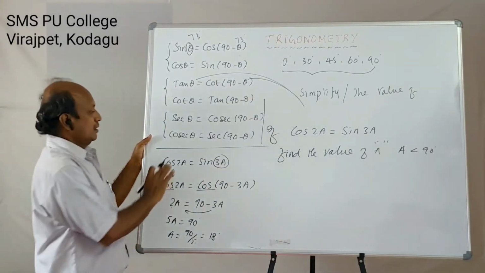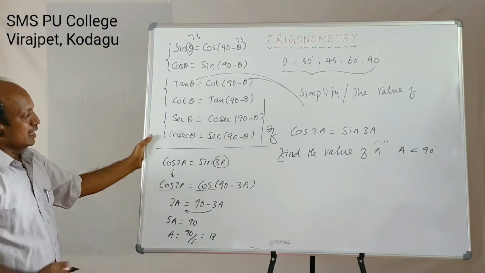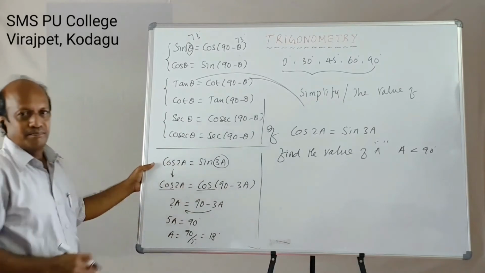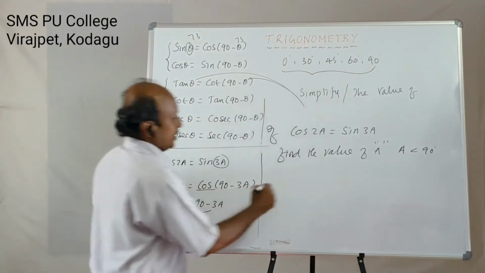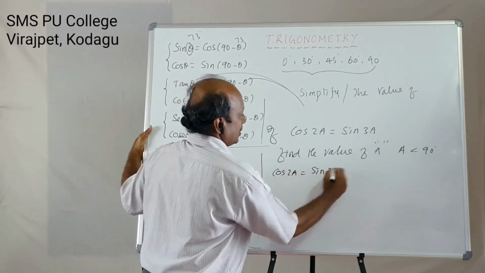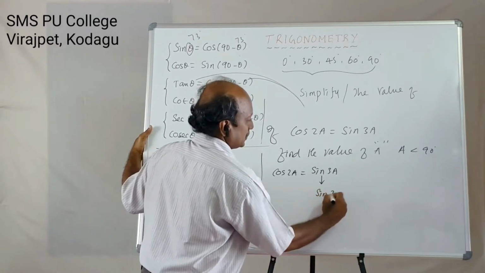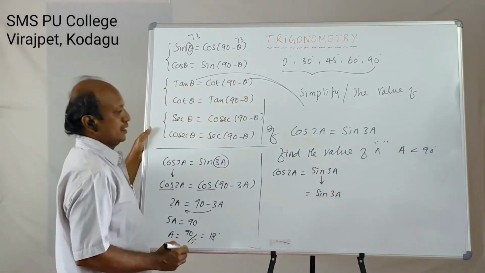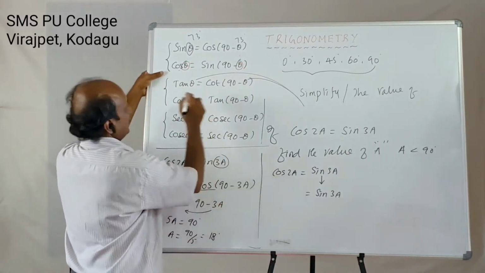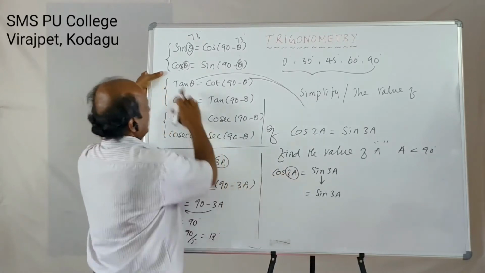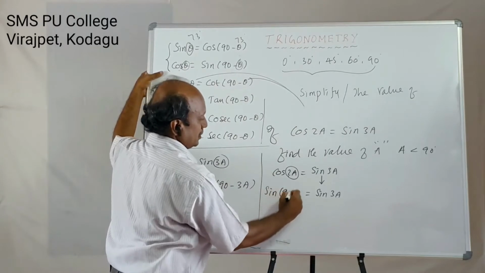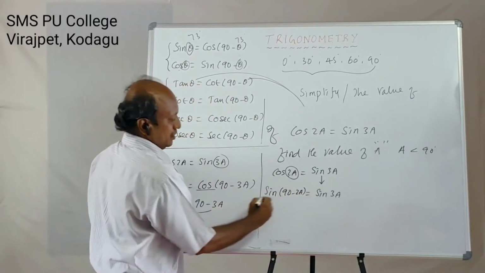What have I done now? One side I have written as it is, the other side I have applied complementary angles. Some students may ask, sir, why don't you take this side? Of course I can take it. Now I am going to retain what is given. Cos 2A is equal to sin 3A. I am going to retain sin 3A as it is. Sin 3A is equal to cos 2A. What is cos theta? Cos theta is nothing but sin of 90 minus theta. Instead of theta, what is given? 2A. Therefore, cos 2A is equal to sin of 90 minus 2A. Correct? Now what will happen?